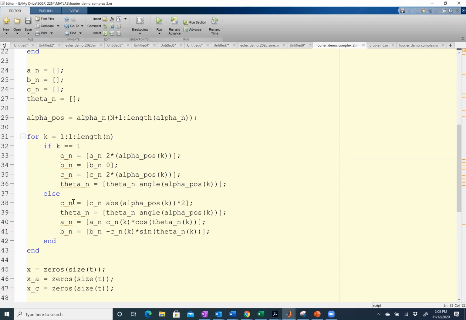Now notice down here, if it's anything other than n equal to 0, meaning anything other than the first entry in the n vector, here's what I have. I've taken the magnitude of the alpha value, the angle of the alpha value, and then c times cosine, negative c times sine. And that's how I convert between the series. If I run this,